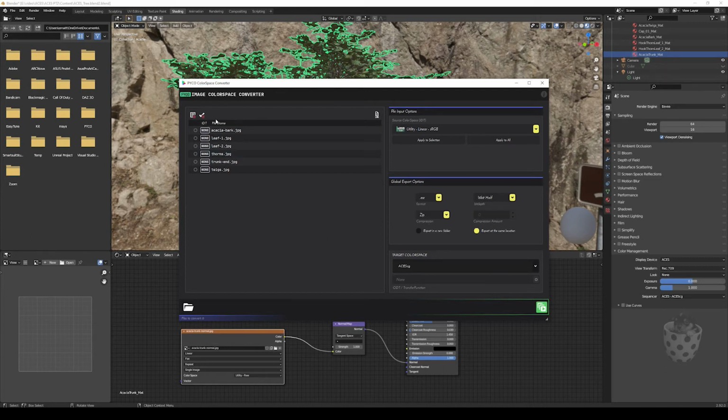So we're going to load in a bunch of files here. Okay. And we're going to take these files and we're going to do utility linear sRGB. Now we don't want that because none of these files have been linearized before. Okay, so we're going to change it to utility texture, and in our case we're going to change it to sRGB, because these are all sRGB files. Okay. And I'm going to apply that to all of these files. And you can see here now that they've all been tagged with sRGB texture